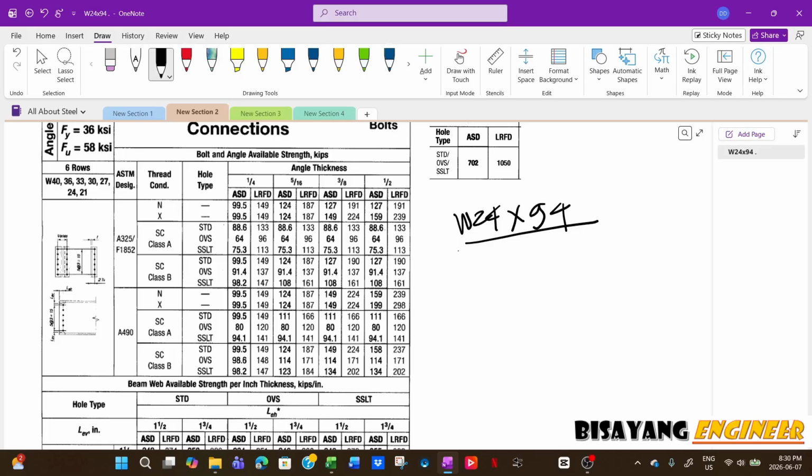And usually we'll use W14 for columns, because this is, I would say, the most common column section, W14. So this is our beam, and then we'll use for the column W14 by